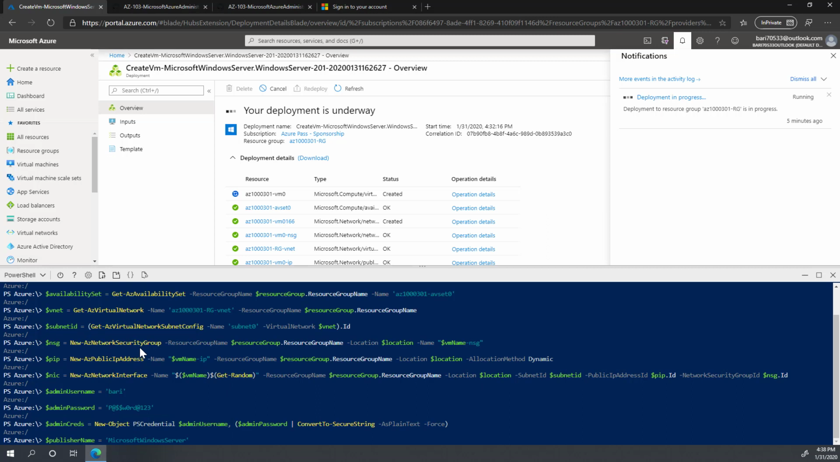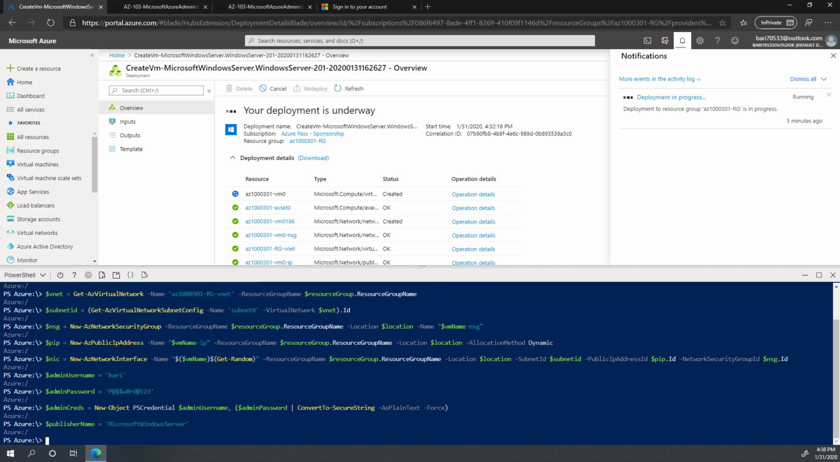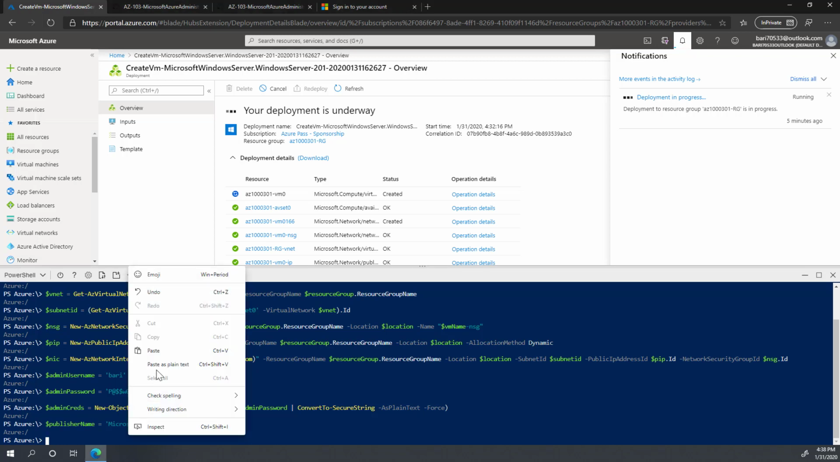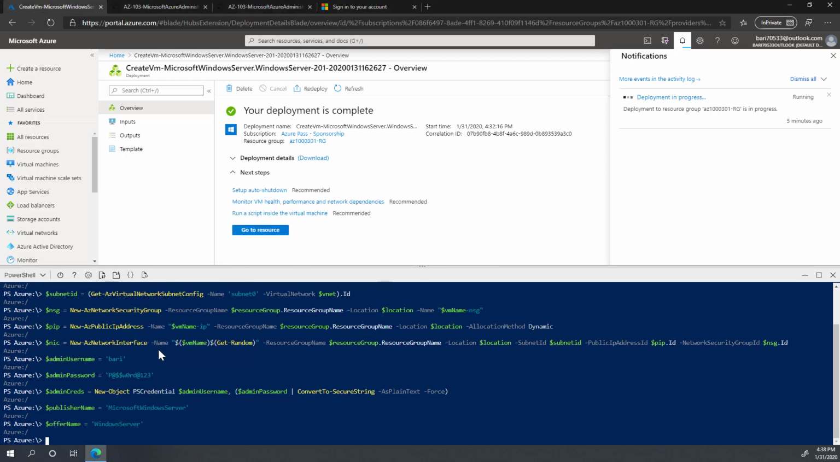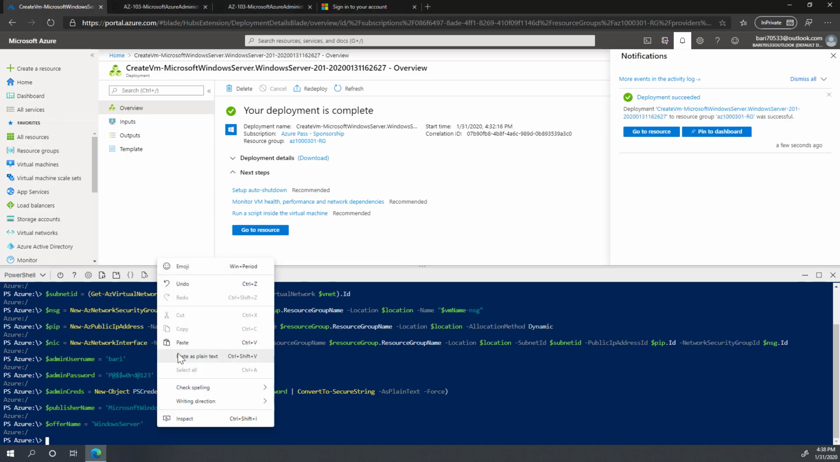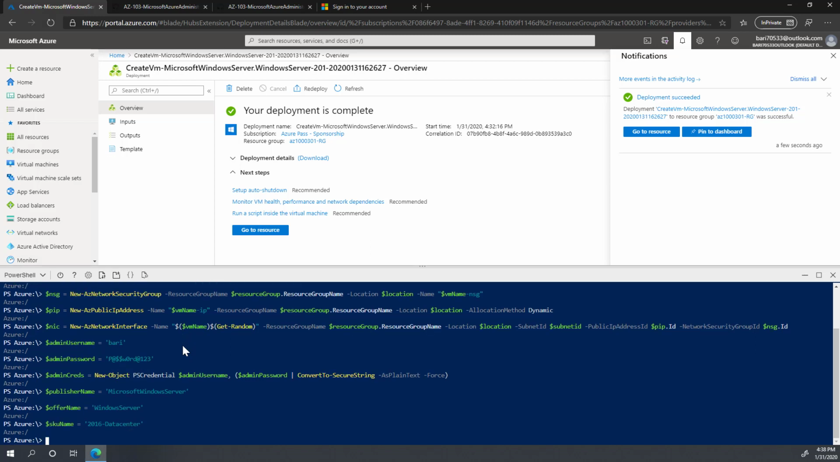So this is the operating system which will be installed. The offer name is Windows Server, and the SKU is Windows Server 2016 Datacenter Edition. And the OS disk type will be using